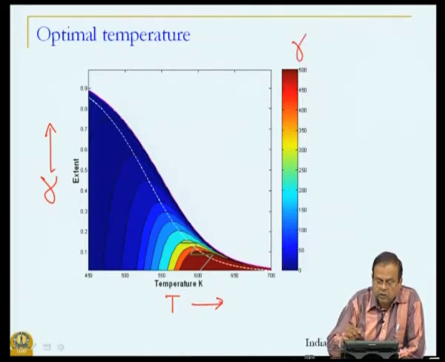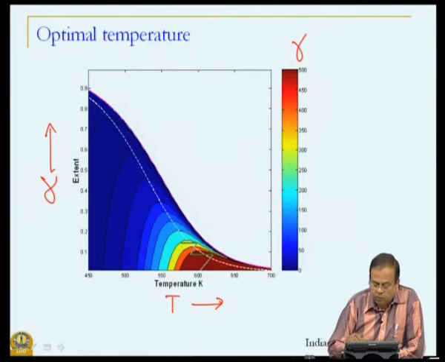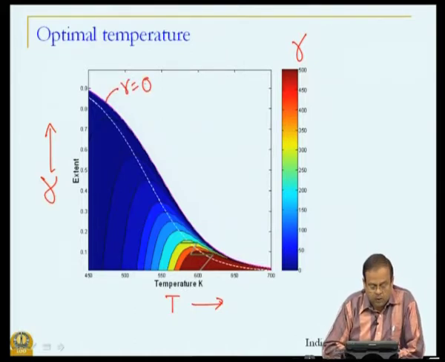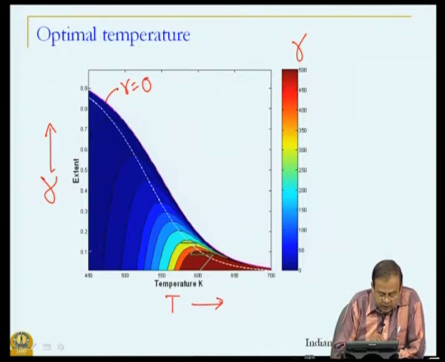This is a value of rate from a low value which is dark blue to a brown or red which is a high value of rate, and this particular violet line is R equal to 0. So, what is happening? By taking the same logic as before, at this value of alpha which is 0.1, if I just draw this line,